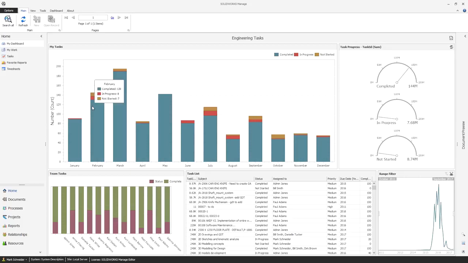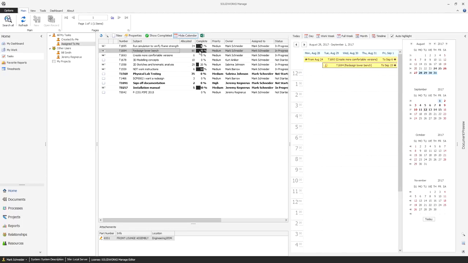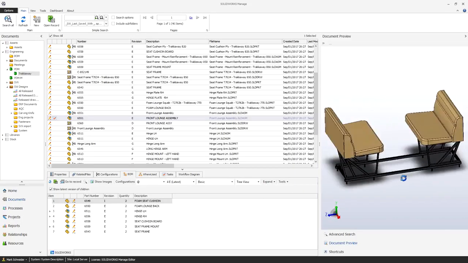SOLIDWORKS Manage is a new tool that builds on SOLIDWORKS PDM Professional with a unique set of advanced data management tools for project, process, and item management. SOLIDWORKS Manage is a comprehensive, easy-to-use and implement application that eliminates the need to use separate, disconnected tools and silos